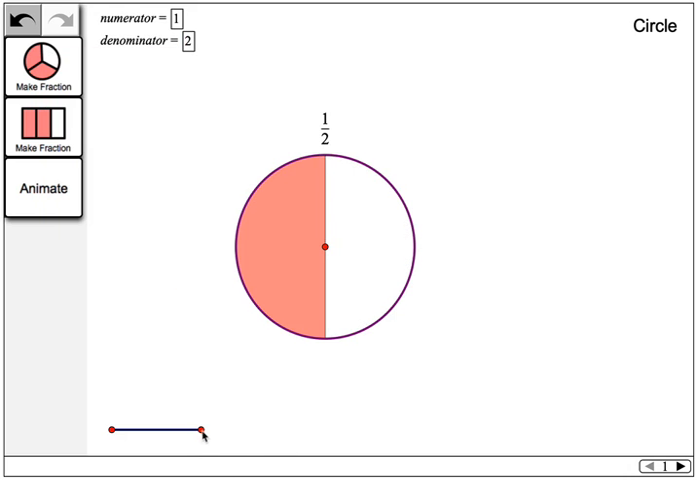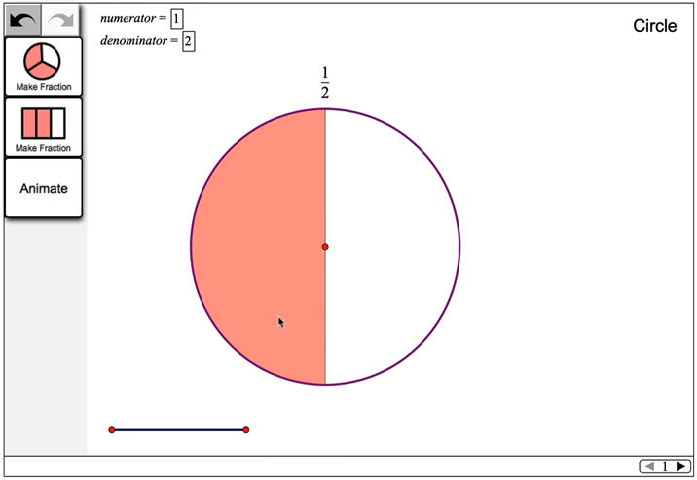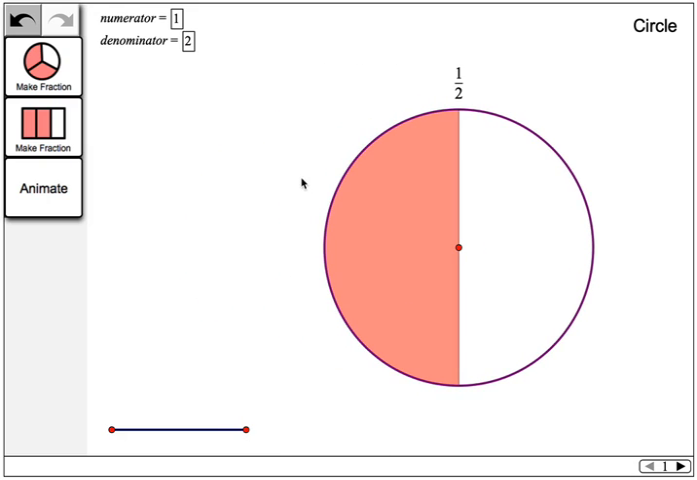And I'd like to try a little experiment. What happens if the denominator grows and grows and grows from 2 to 3 to 4, all the way up to maybe 100? Now I don't want to have to change this value every time. I'd like to create an animation that shows the denominator steadily increasing, and I can do that with the Animate